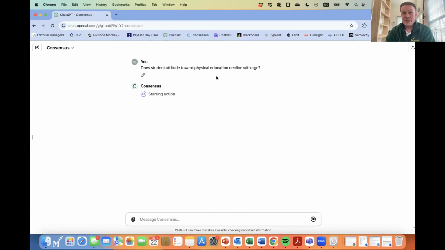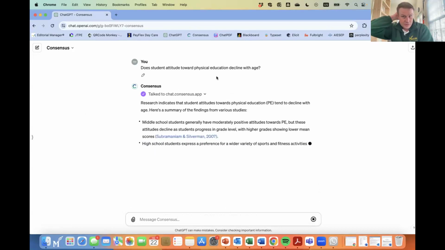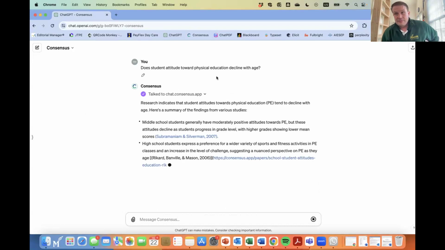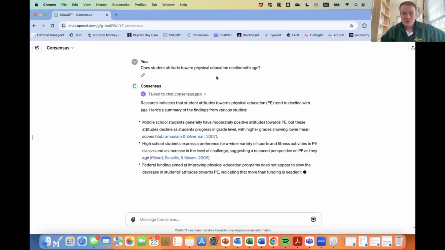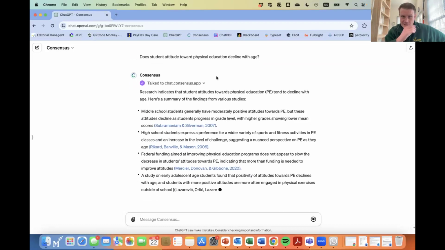It takes a little bit to get started, but it gives you a more broken down answer, and then it still does cite. If you use ChatGPT itself, it may actually give you the wrong citations on this.